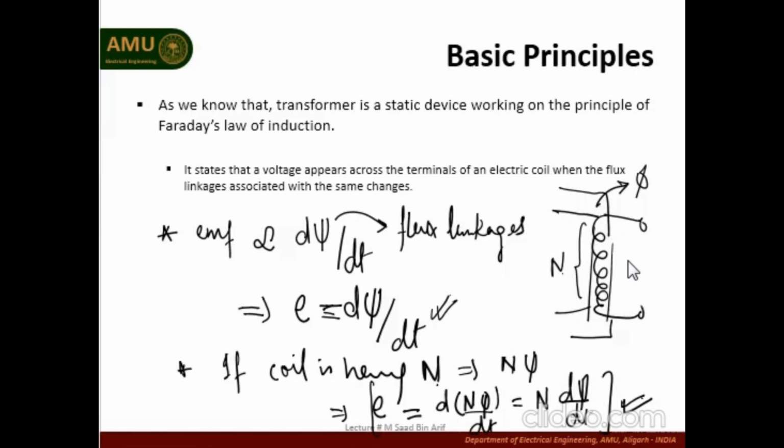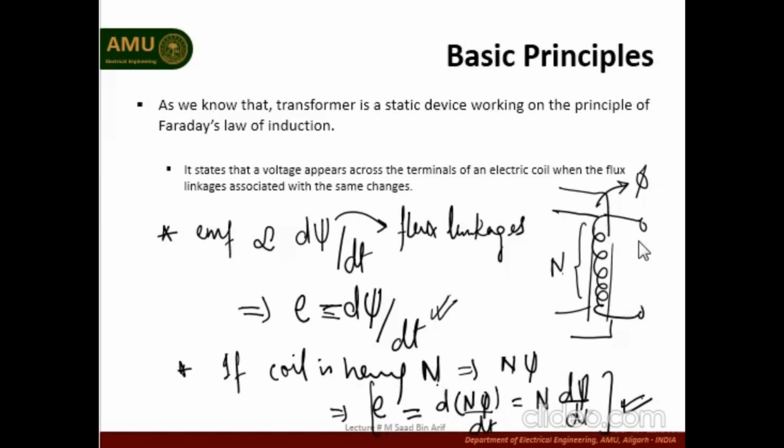Another way of obtaining change in flux linkage is, let us suppose that the flux lines are constant, that is, there is no change in flux over here, but if we somehow manage to move the coil instead of changing the flux, then the flux linkage with the coil changes with time. Again, we will obtain the rate of change of flux linkage. Due to this, we will obtain the induced EMF at the terminal of the secondary winding.